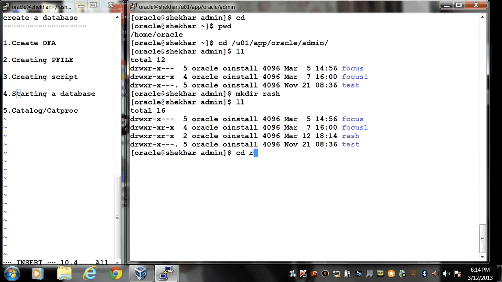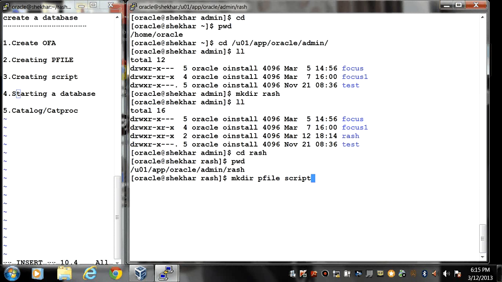Now inside the rash I will create 2 more directories. So first I need to go inside the rash using cd. Cd stands for change directory. Here if I see that I am inside u01/app/oracle/admin/rash. So here I'll create 2 directories, mkdir pfile and script.